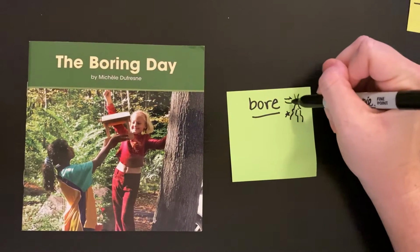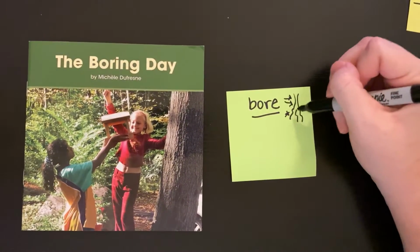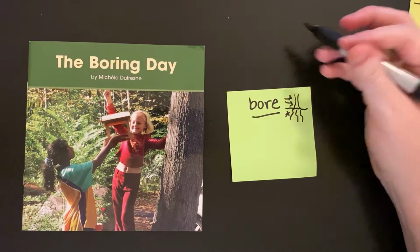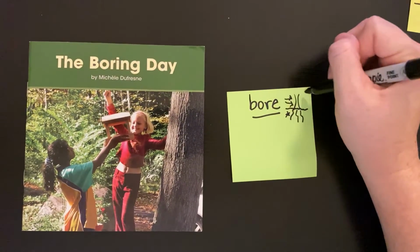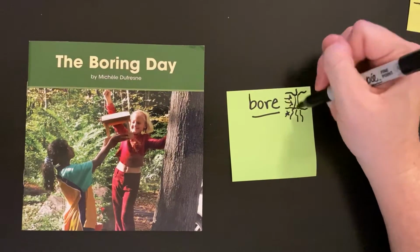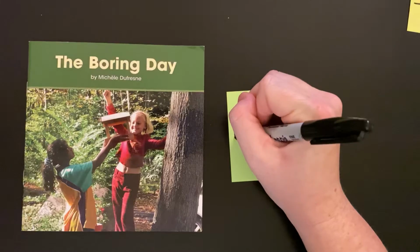If people push on it, or rain falls on it, or the wind blows on it, the roots are what anchor it into the ground. They're the most important part. So that's why this is the most important part of this word. And then as you go up the tree and it branches off, you can have different branches of words that all start with this root. So bore can turn into